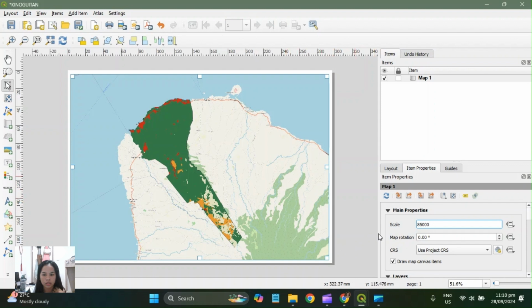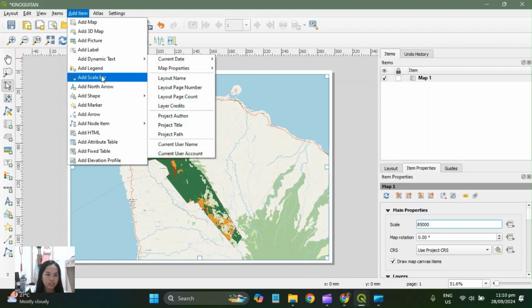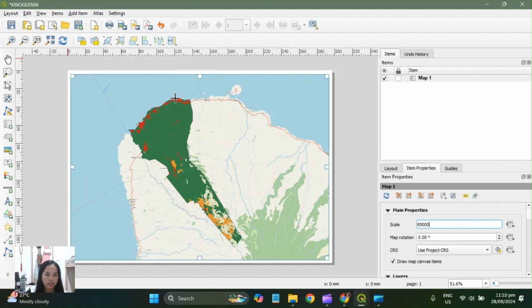So it's okay. And then we will add a rectangle for our border. Same, we need to drag the size.